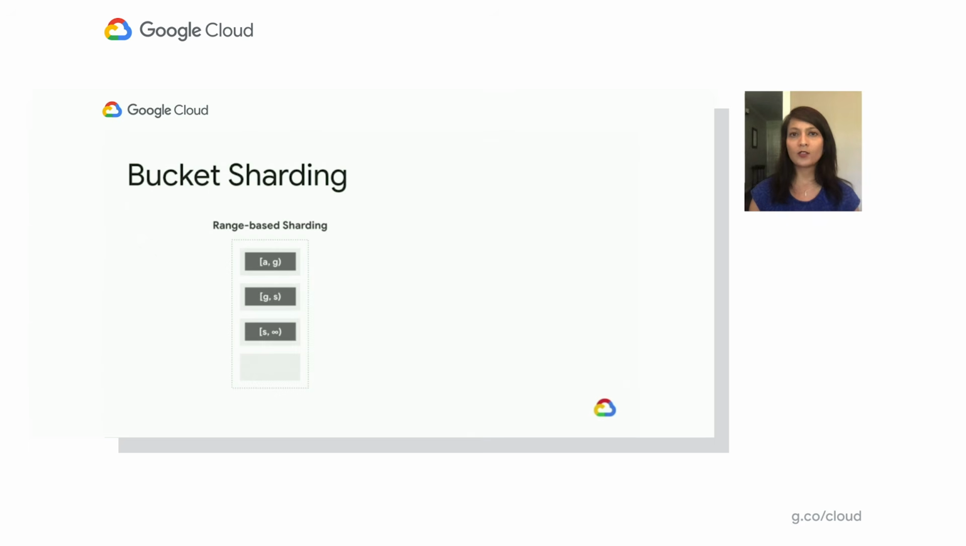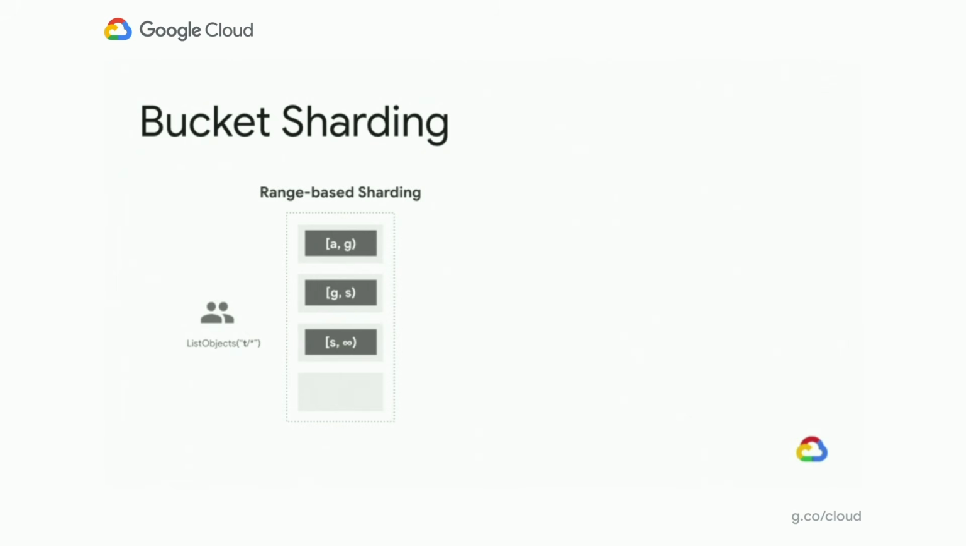So we store your objects across multiple servers, and the way we distribute your objects to servers is by splitting the object namespace into ranges. In this example here, any objects that begin with a letter between A and G will go into the first shard. Objects beginning with a letter between G and S will go into the second shard, and so on. What this allows us to do is provide consistent listing. So consider a user request to list all objects that start with T slash. This request will be routed to the third shard, and looking up this one shard is enough to find all